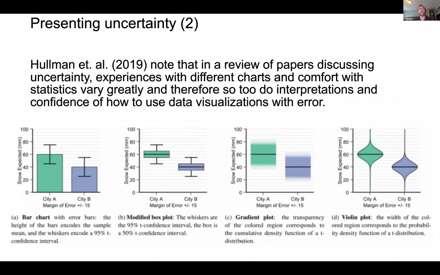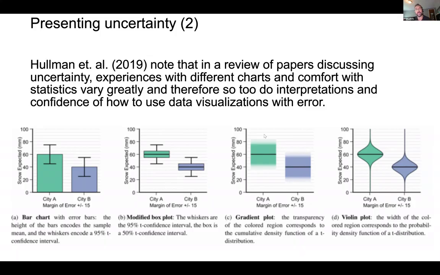Yeah, so a lot of this really came down to, this is from this paper by Holman, where they were working with people, a lot of their comfort and background experience. Many people in this study felt that the true average was more likely to fall somewhere within this green or this blue area rather than in this white area within the error bar. So in a way, it wound up being misleading to the end reader.